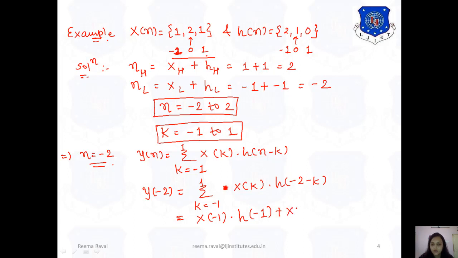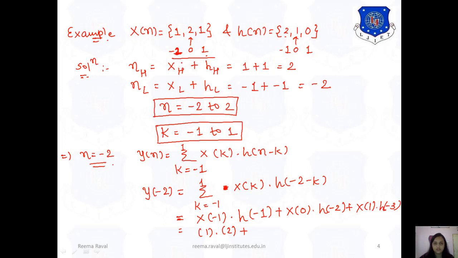plus x of 0 into h of minus 2 minus 0. That means minus 2 plus x of 1 into h of minus 2 minus 1. That is minus 3, right? So here it will be x of minus 1. X of minus 1 is what? 1 into h of minus 1. H of minus 1 is also what? 2